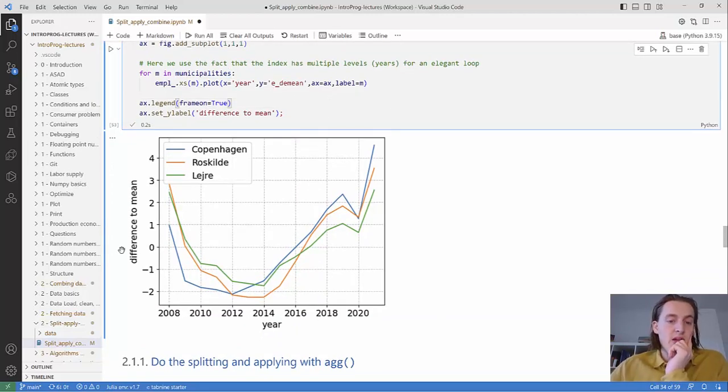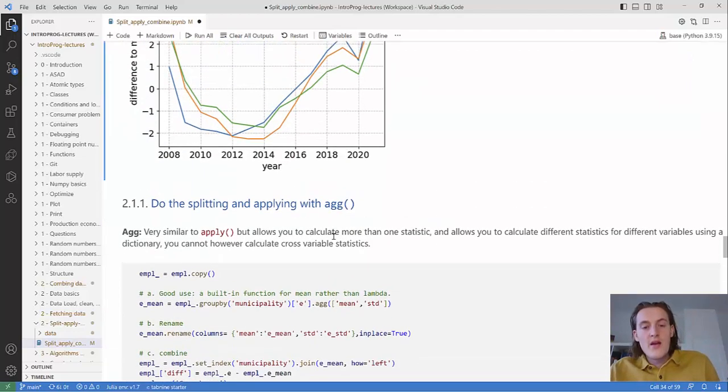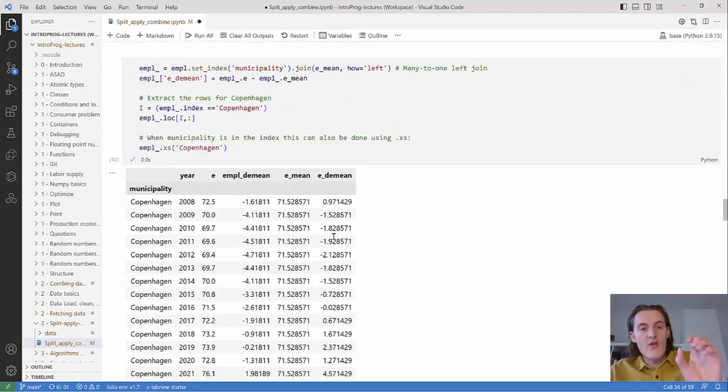And then we can see that Copenhagen, relative to its own mean, had it relatively worse in the early years, a bit better in the later years, while Roskilde Lejre had it relatively good right after the financial crisis, and relatively bad compared to Copenhagen in later years. So this is using the mean, so of course the average of this will be 0 for all of them. And this was one way of doing the split, apply, combine,